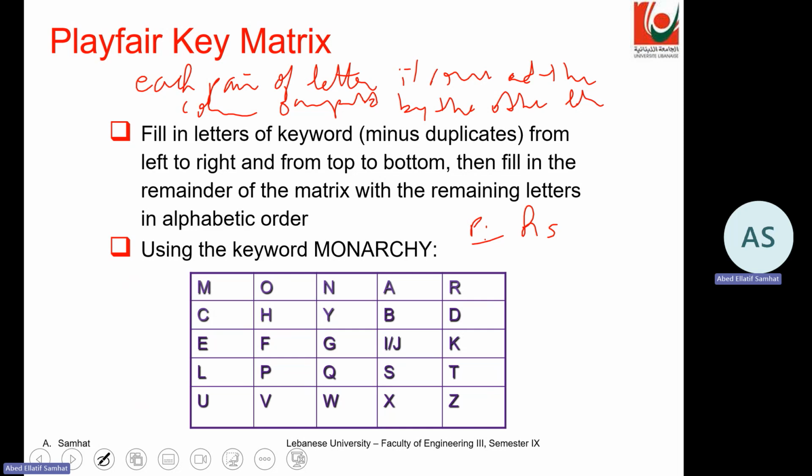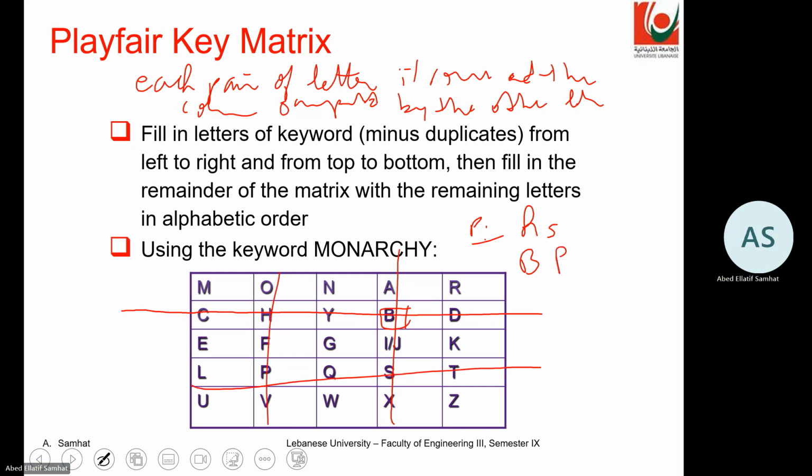Typically, we take the row of the first letter, which is H here, and the column of the second letter, which is S, and the letter here will be B. Okay, so H will be B, and for S we take the row and the column,